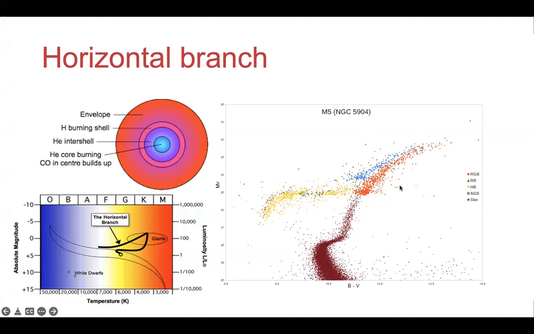And the problem with the giant stars, the stars of this region, is that these are often variable stars. Their brightness varies a lot. So you cannot use these stars to calibrate and get distances to globular clusters, because they are problematic. The horizontal branch stars are the most important stars in globular clusters, because